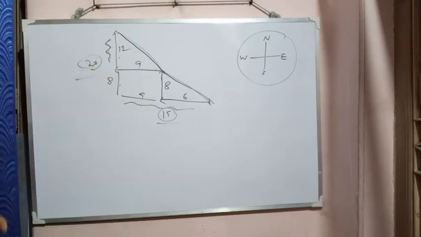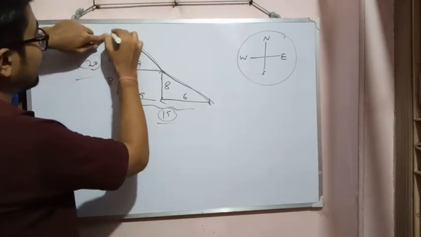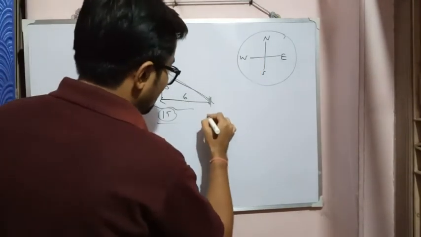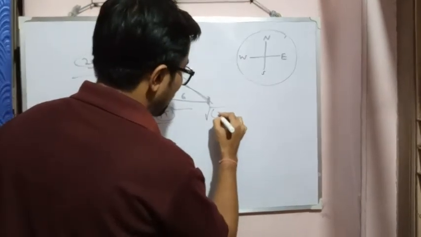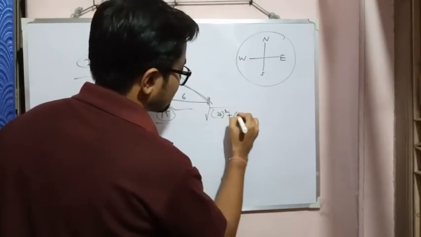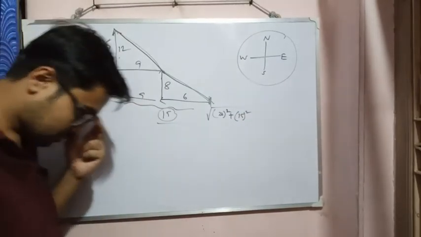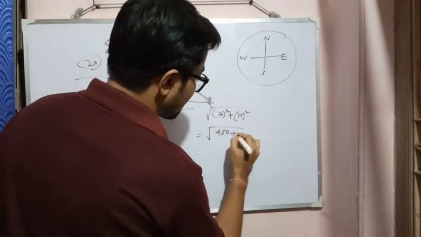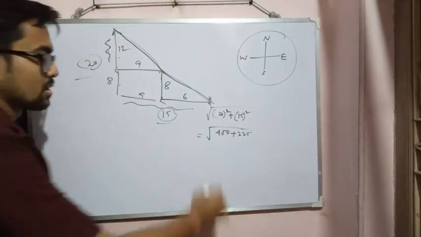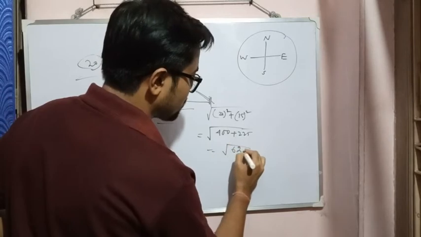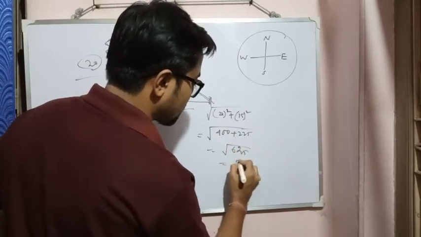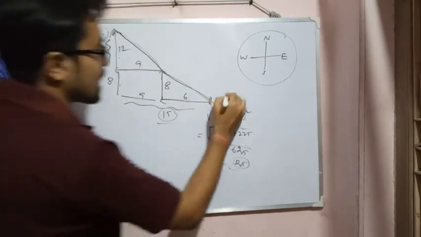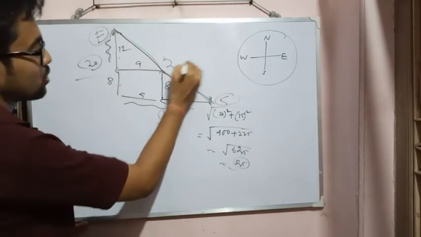that means 20. Now the distance between the ending point with respect to the starting point, that is root over of square, Pythagoras rule, 20 square plus 15 square. Clearly understand? Is equal to 400 plus 225 is equal to root over 625, that is equal to 25. So the shortest distance between the ending point, that means E, and the starting point, that is S, is 25